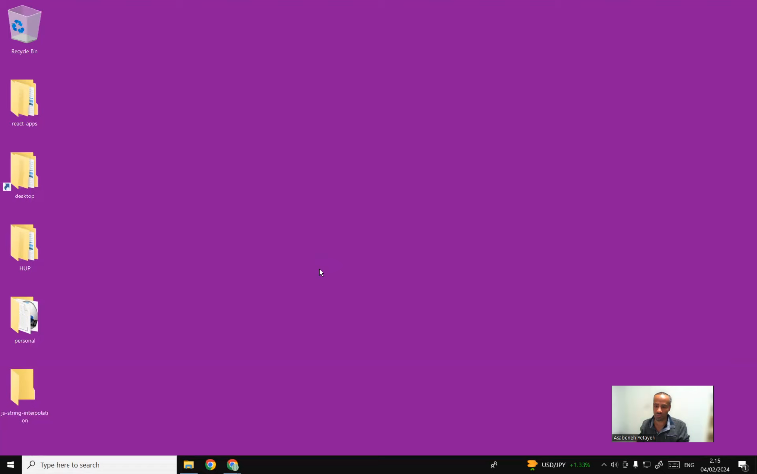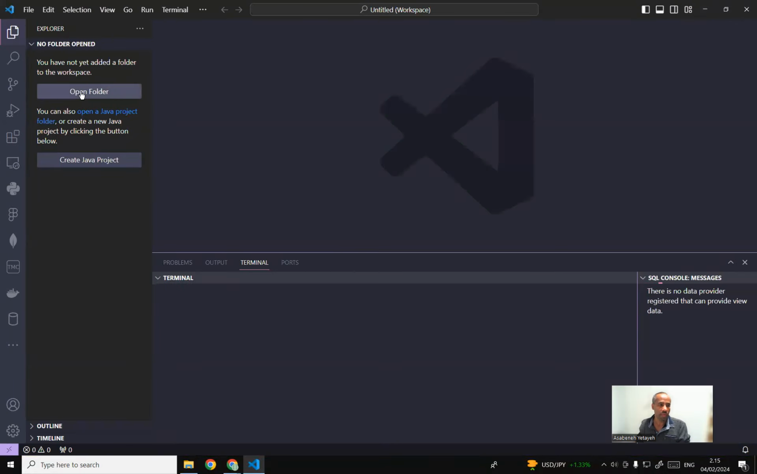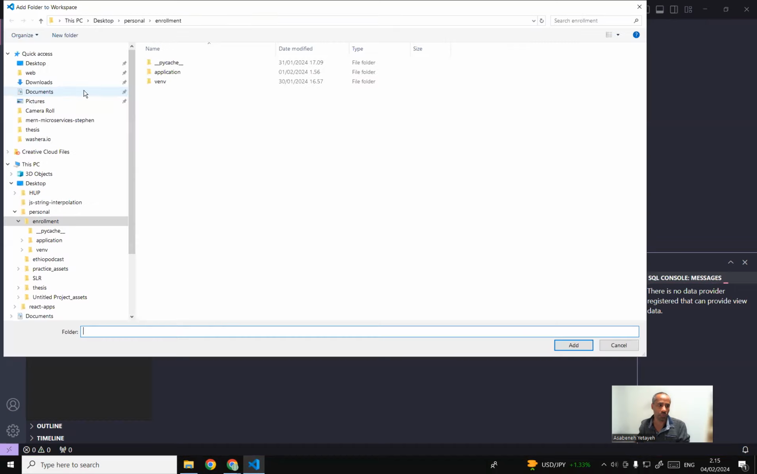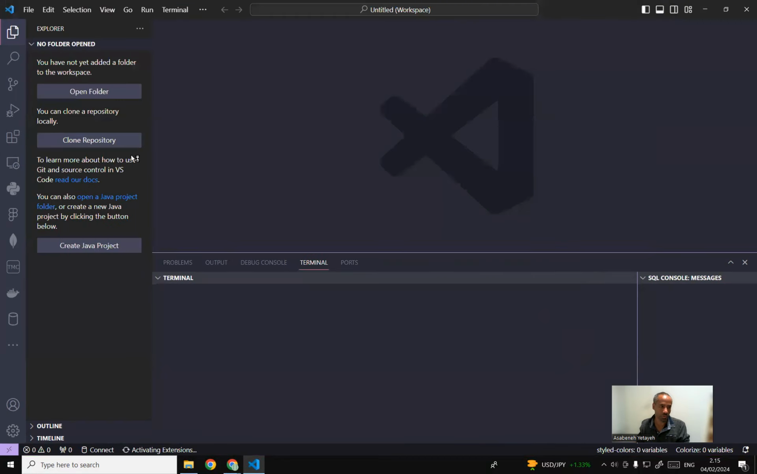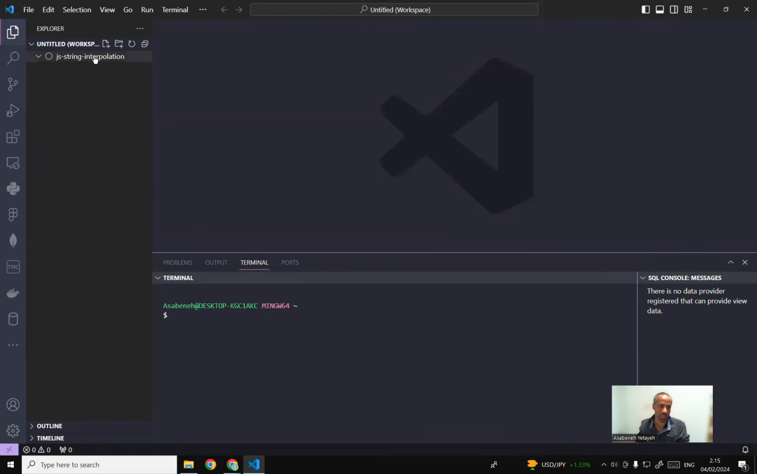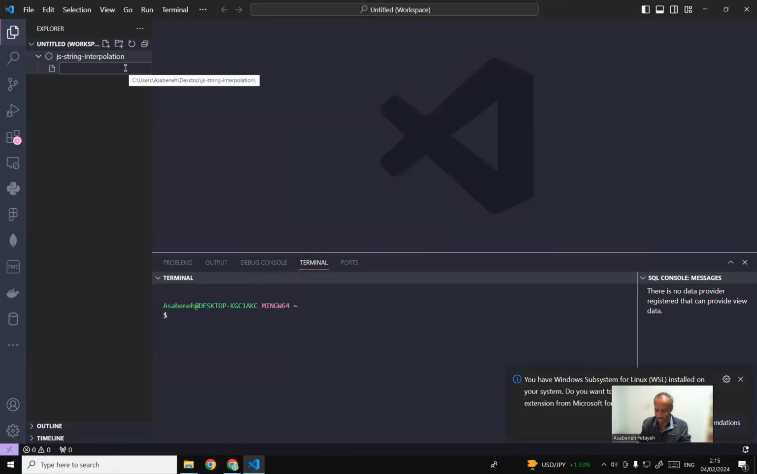So you should have Visual Studio Code on your computer, and then it will be easy to follow. Then what I should do, I go all the way to my desktop and then I will just open this folder. So it's the project. It doesn't have anything. Then I can just create a new file,